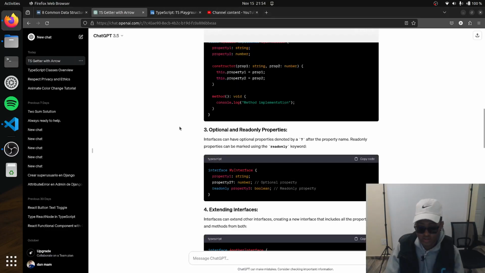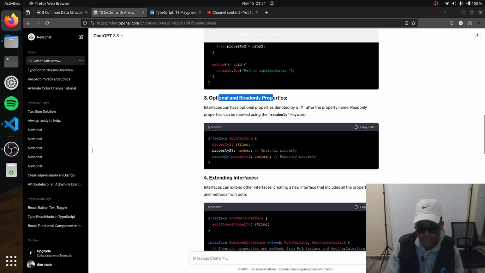So good to know. Optional and read-only properties: readonly number, optional property. Read-only properties can be marked with the readonly keyword. Readonly property 3 is a boolean. So if it's a readonly, then